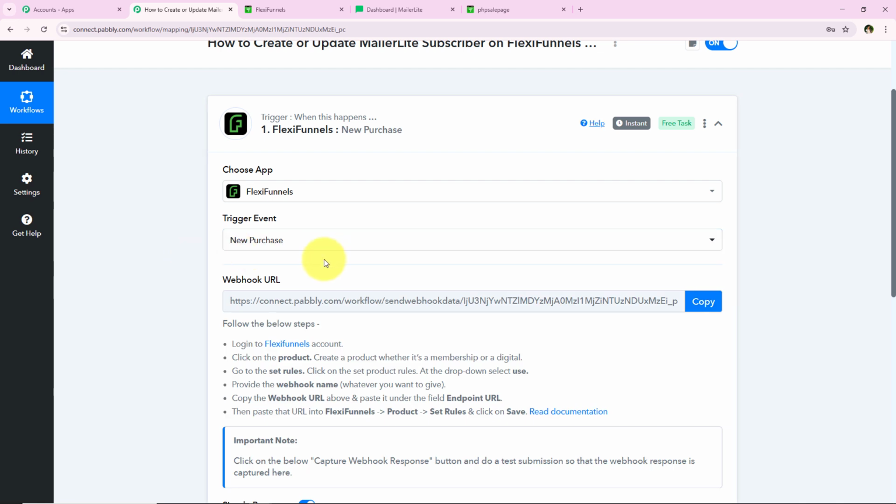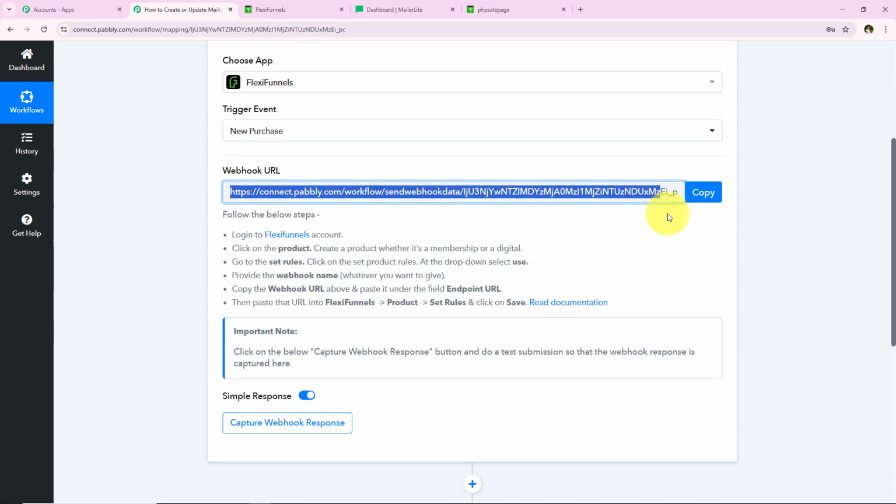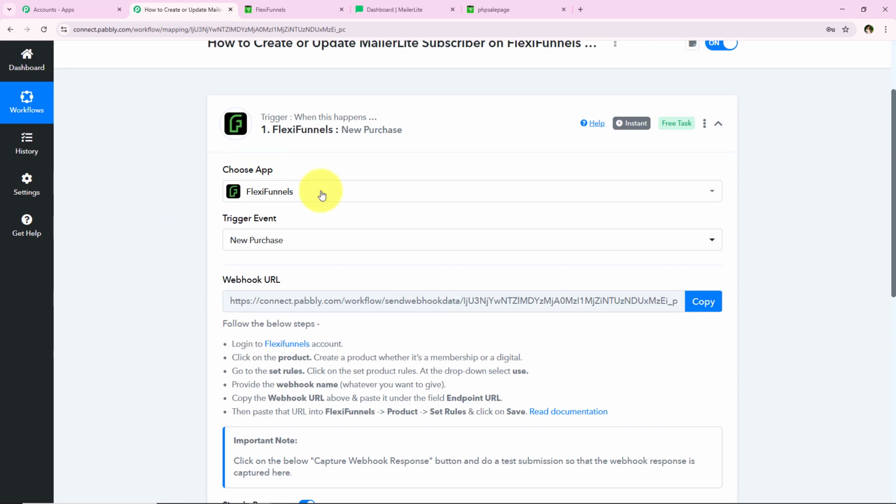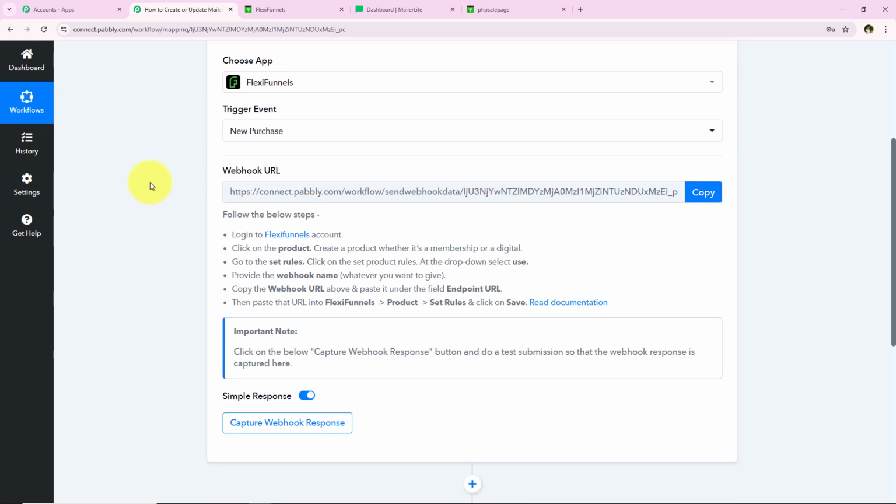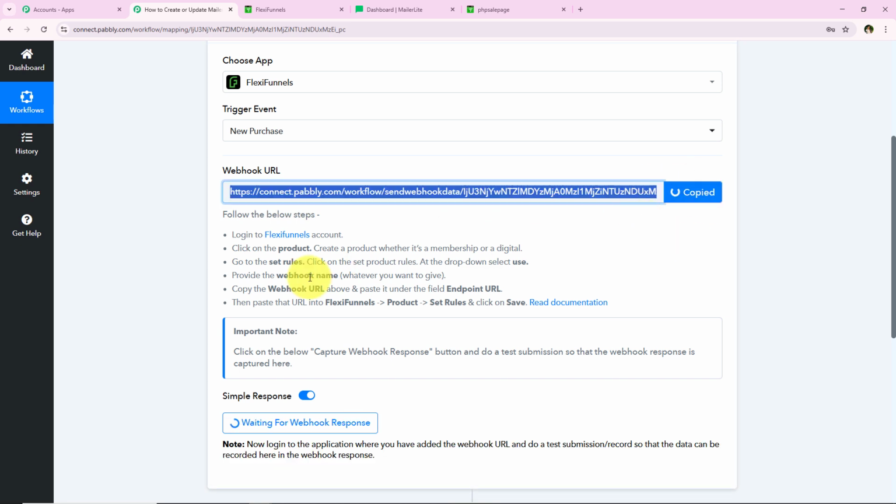And as soon as we do so, it is giving me a webhook URL. We are going to use this same webhook URL to create a connection between our FlexiFunnels account and our Pabbly Connect workflow. So first I'm just going to copy this webhook URL, and then we have